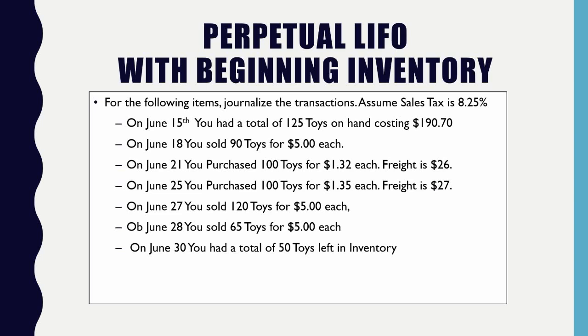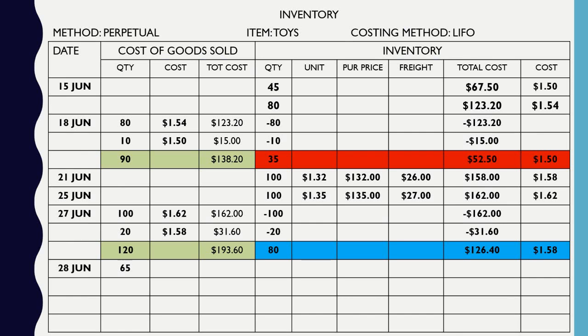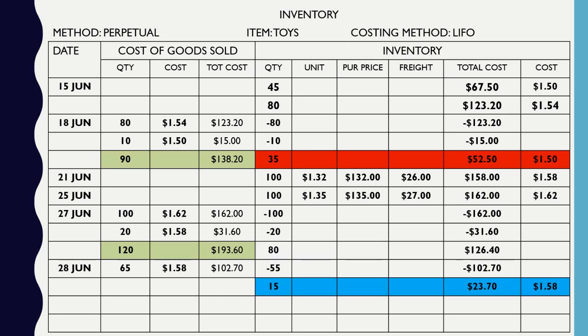Right. And then let's see. Then on June 28, you sold 65 toys. So once again, we can take a look at this. We have perfectly enough from my blue batch to take out 65. So that's exactly what I'm going to do. I'm going to eliminate 65. I'm sorry, yeah, 65, I did a typo there. 65 to get me a grand total of 15 left remaining. Okay. So then 35 plus 15 is going to ultimately give me a remaining inventory of 50 units,